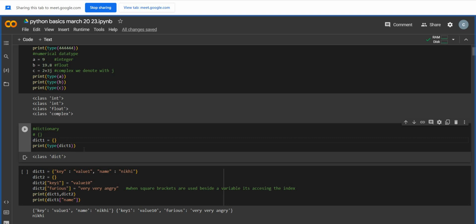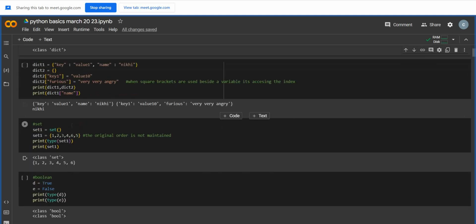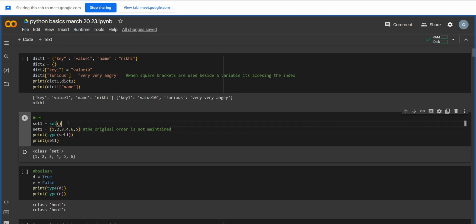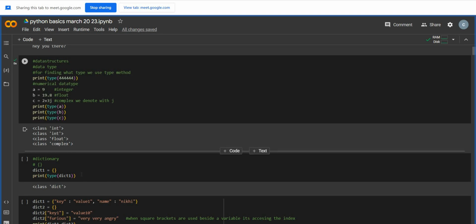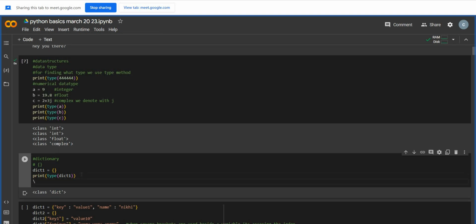You can ask me, what about a set? The same thing. What happens if you want to create the set? You can create a set by using set(). If you want to create any empty set, you need to use set(). For creating any empty dictionary, let me create a dictionary